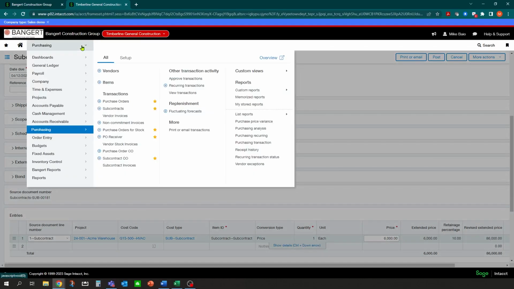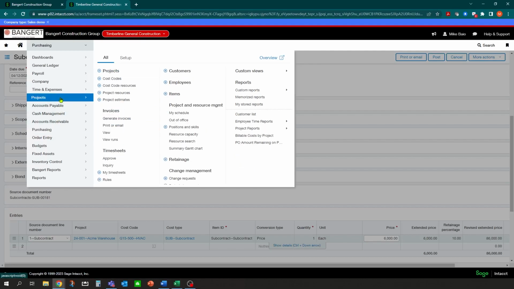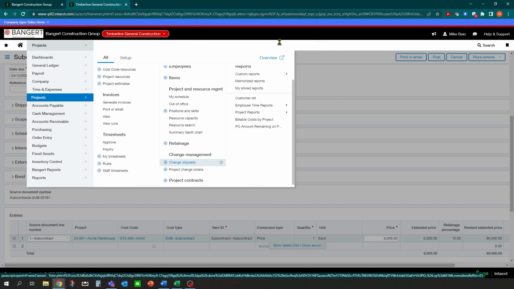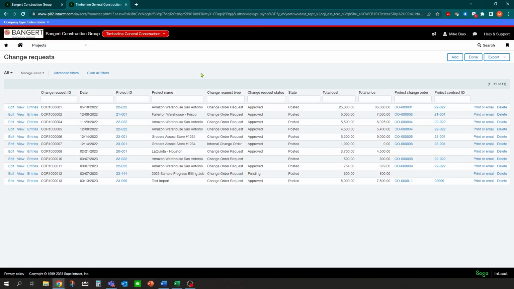And as far as the change process on the other side now, let's assume that now we're going to invoice the owner for this change, so we can come into projects here. And what you can do in the system is under change management, you can set up a change request so you can track the pending change requests in the system, and then also take those change requests and turn them into project change orders. So let's go in and create a change request. And normally I'm assuming this would probably have been the first thing we did, but maybe we had to get the subcontract change order in there so that we can get them working on the project. And now we're going to catch up on our owner change order side.